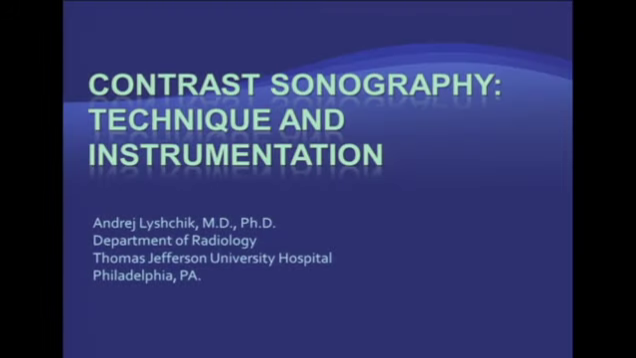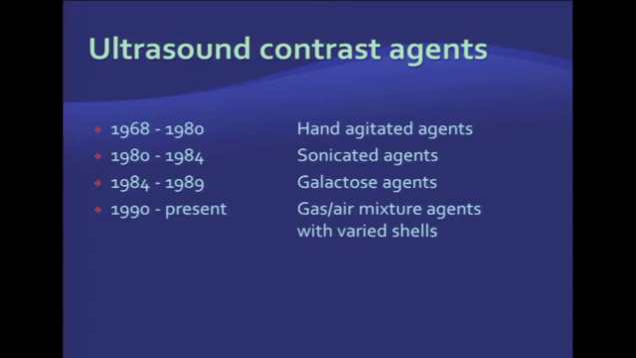Let's review technique and instrumentation of contrast-enhanced ultrasound. Ultrasound contrast agents have been around for quite some time. They were introduced in the late 1960s as hand-agitated saline agents, and they're still available for use in cardiology practices throughout the country. They're very easy to produce. All it takes is to hand-agitate a saline syringe with some air in it. They produce microbubbles that can be detected with ultrasound,